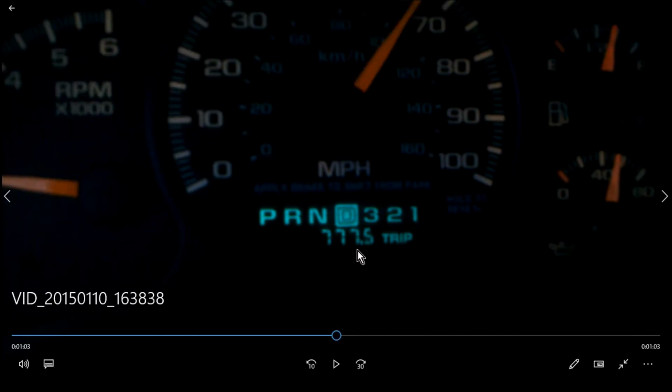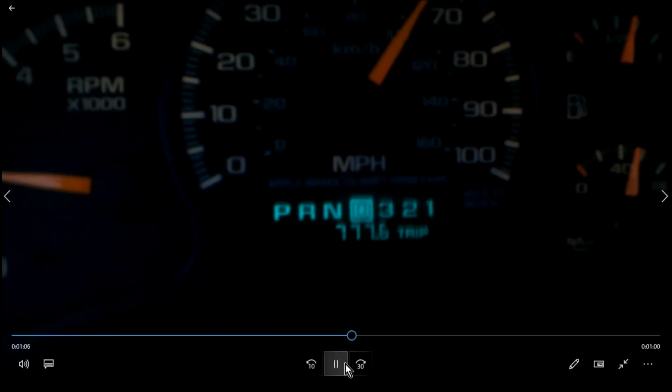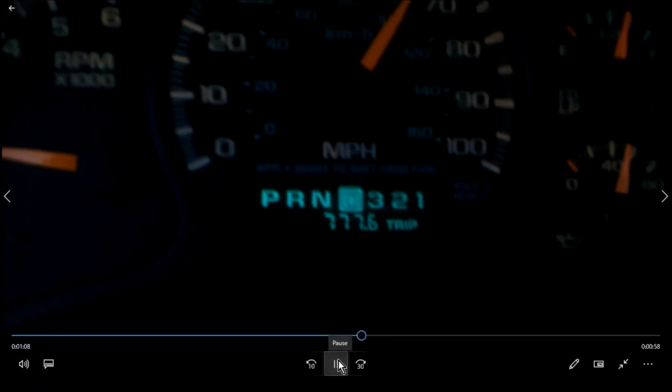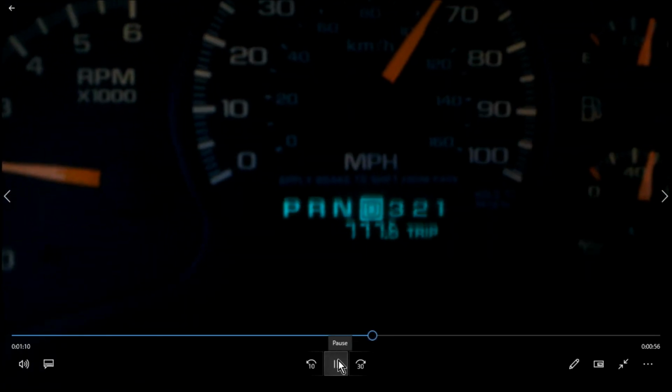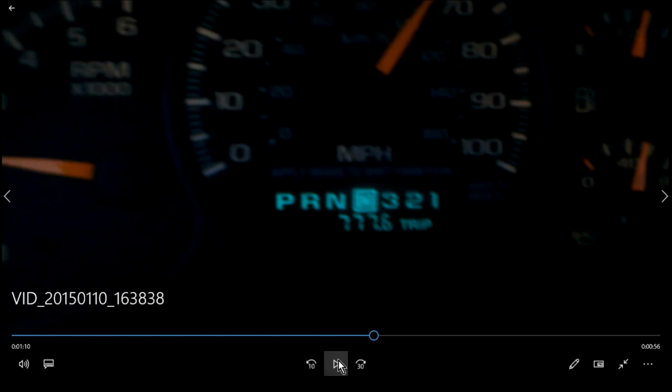Okay, it was 777.5 miles on this trip. I was coming back from Las Vegas. I did Christmas down there with my sisters. The date you can see is 2015, January 10th. And I had a feeling something was going to happen. And as I passed the 44th road marker, right when I got 777.7 miles,